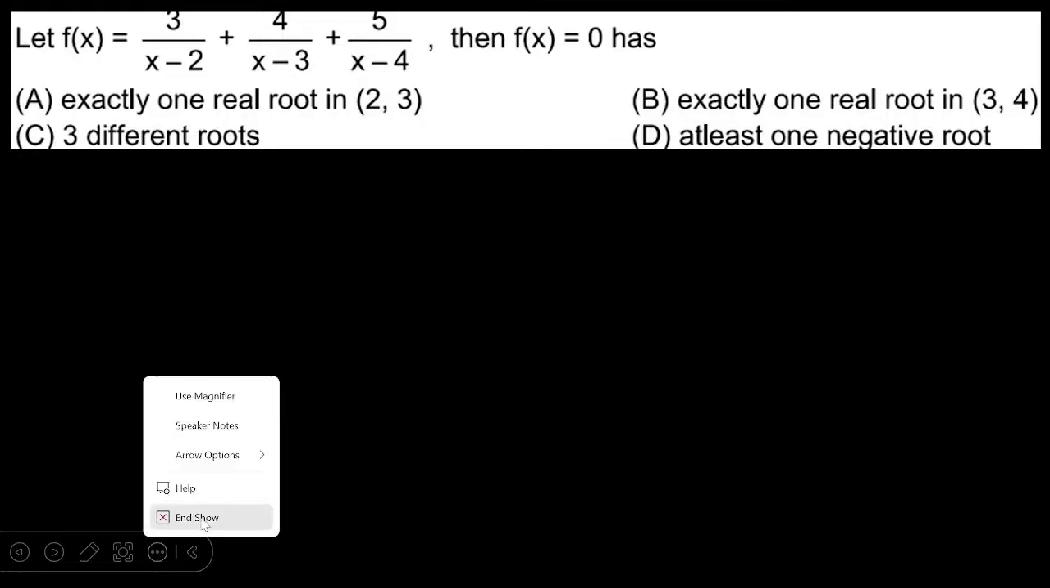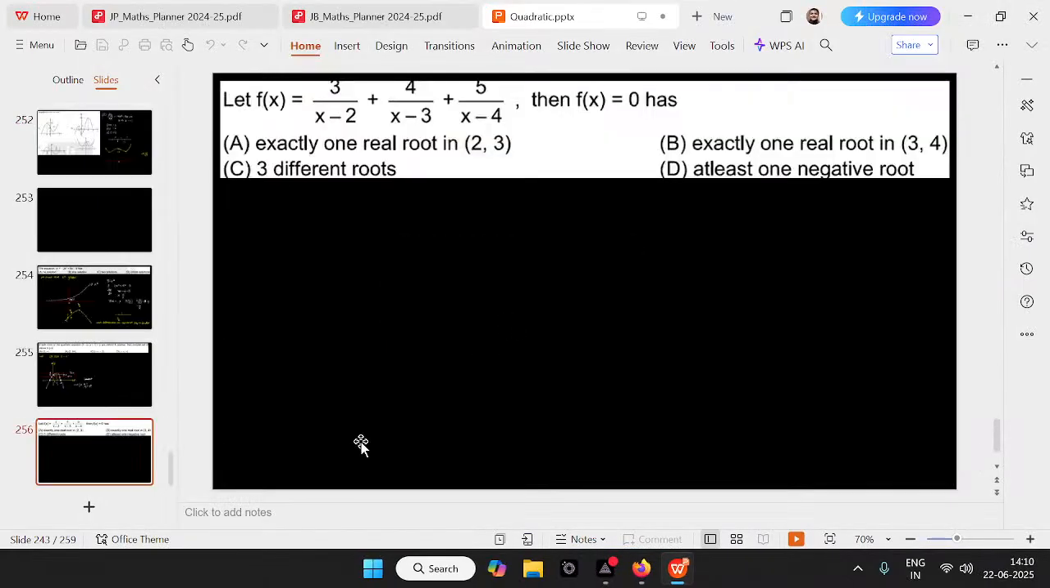So I am giving you time to solve this question, kindly solve it. f(x) equal to 3 by x minus 2 plus 4 by x minus 3 plus 5 by x minus 4. Then f(x) equal to 0 has exactly one root. Okay,